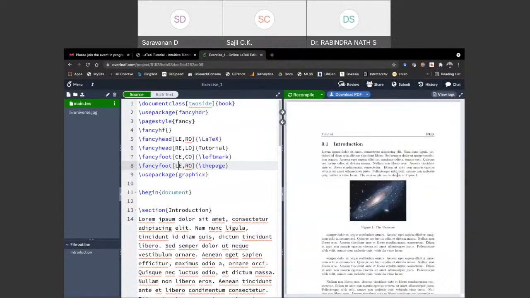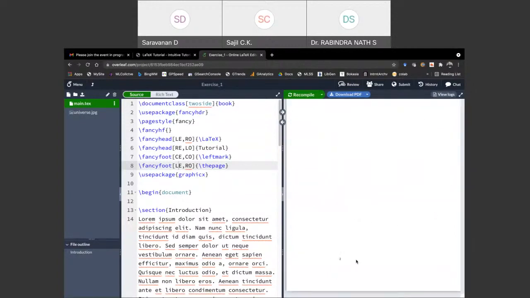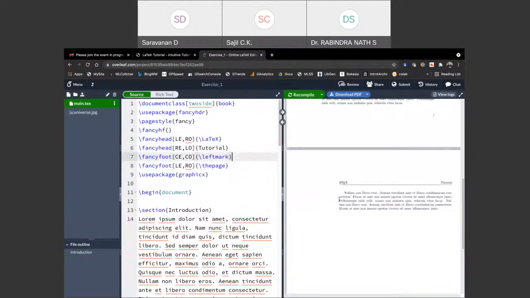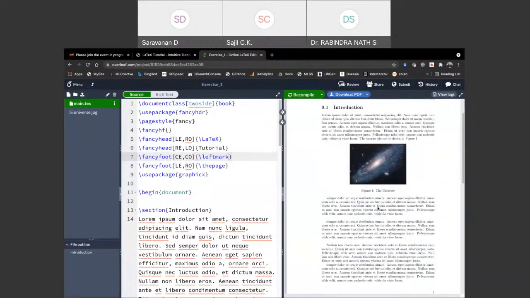In this document, what I have designed is that for odd pages, it should appear as tutorial on the left side of the header and LaTeX on the right side of the header, and then nothing on the left side of the footer, and on the right side there is the page number, and that will be changed when it is an even page. All these things will be automatically taken care of by LaTeX if you have given the correct setting. Depending upon your requirement, you can change it. You can even put the numbering in the center also, so that it is not an issue.